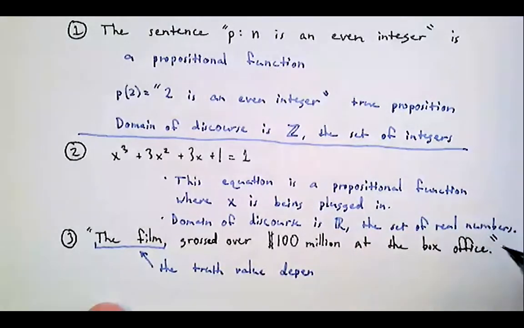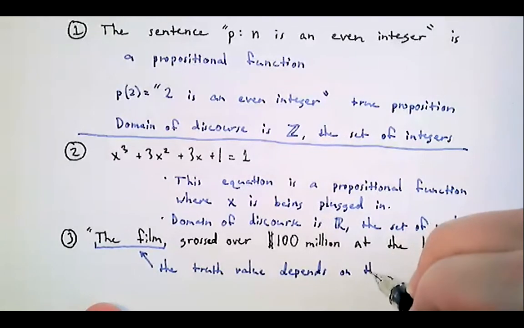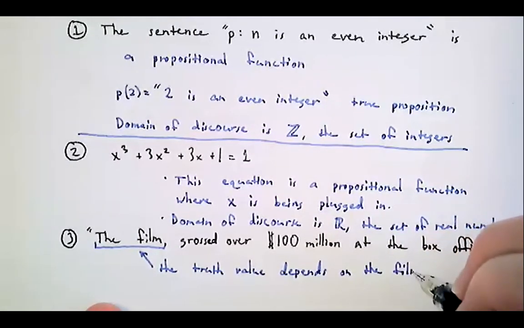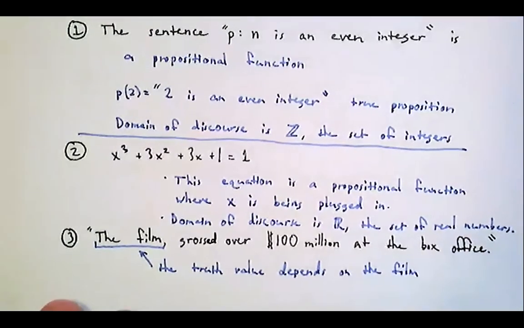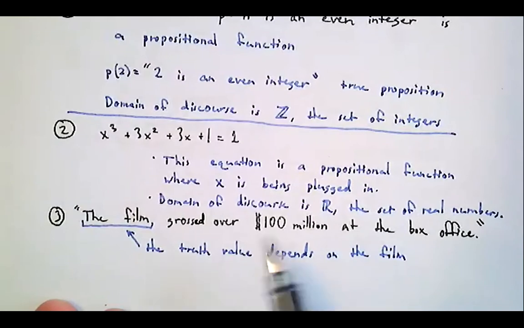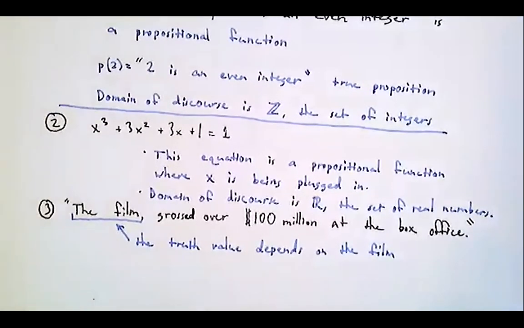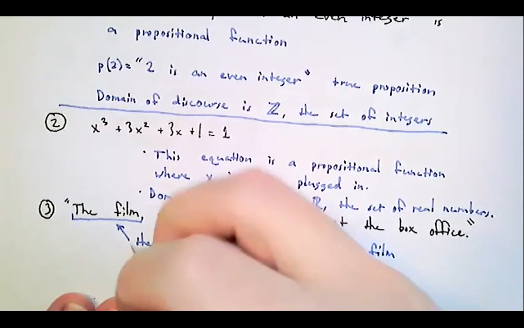It depends on what film you're actually talking about. So if you were talking about a big blockbuster, like maybe the latest Marvel movie, this would probably be a true statement. If you were talking about some art house movie that was put together on a shoestring budget by a college student, probably not. So the domain of discourse, the things that we can plug in for the film,